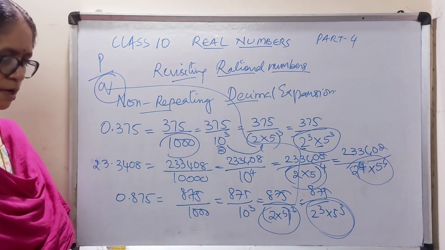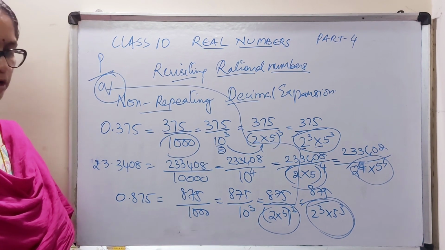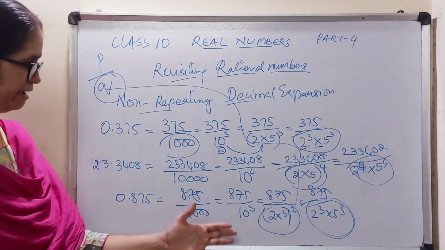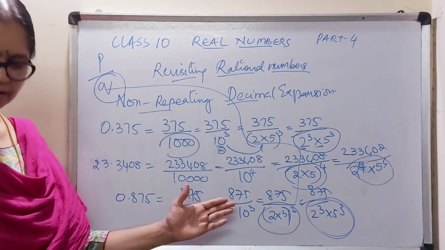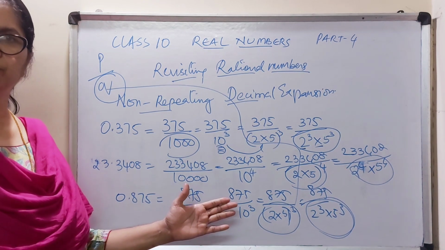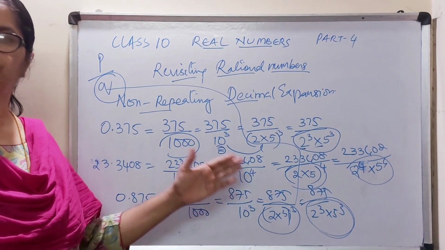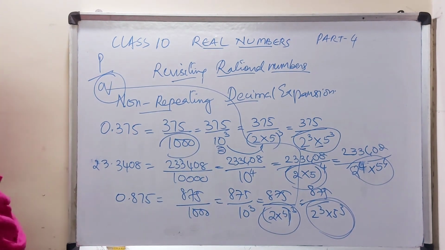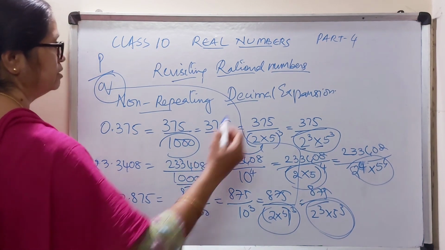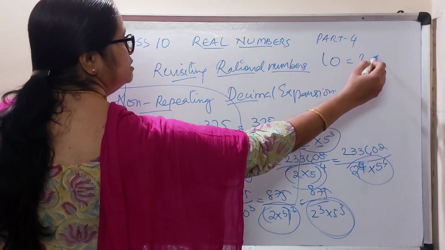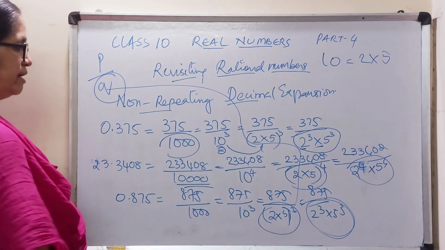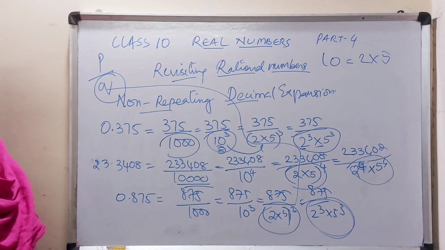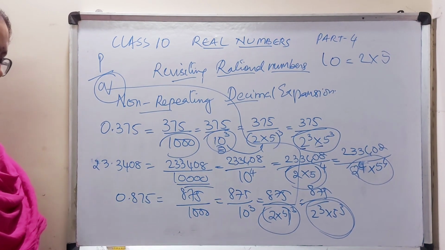This is how we are going to express a terminating decimal expansion. So what we have to expect is that we want the denominator to look like this. Why? Because 10 can have the factors 2 and 5. 10 is always written as 2 and 5, so 2 and 5 are factors. So the powers of 10 can be expressed as the product of powers of 2 and 5.